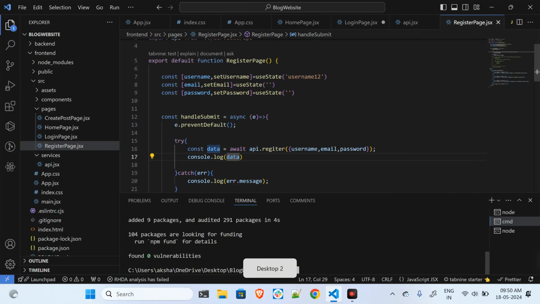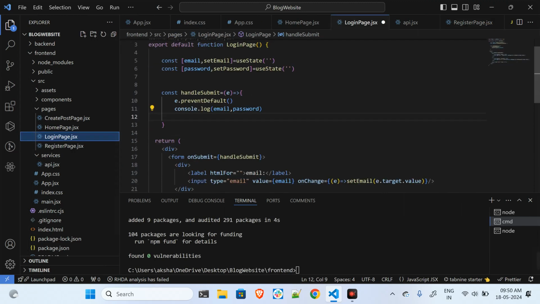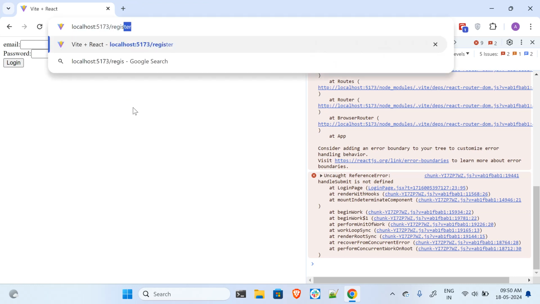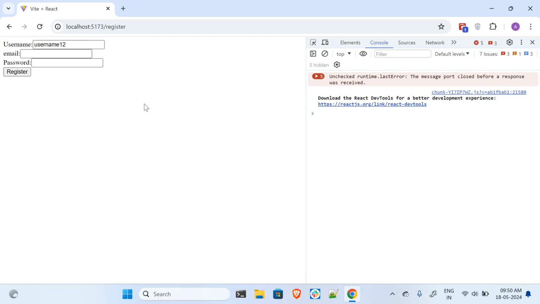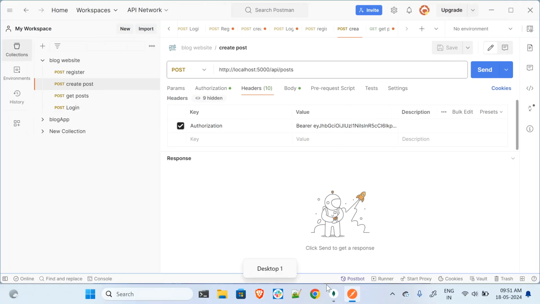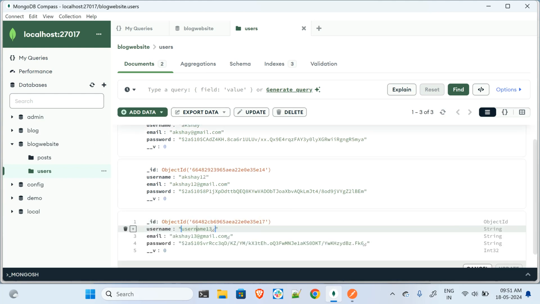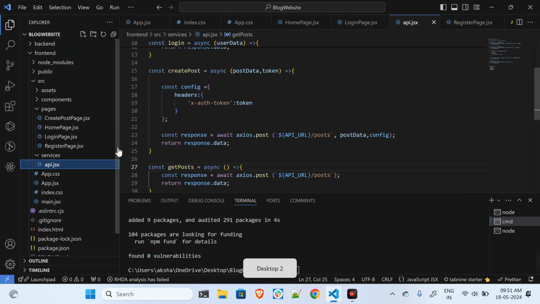Inside of the login, I'll go to the register page over again and try to register. Okay, so this user has been registered. Now if I go to my MongoDB and refresh, user 13 is there. Okay, so this is a much better way to